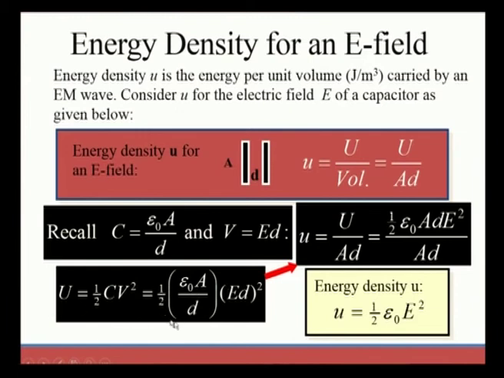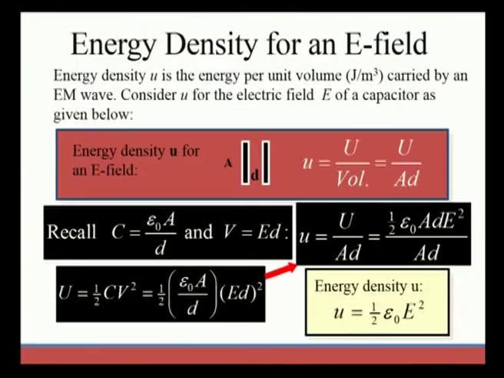So, this value is substituted in the energy per unit volume equation, that is small u. This equation will become like this, and finally, after simplifying the numerator and denominator, we come up with the energy density equation, that is u is equal to 1 by 2 epsilon naught E square. We already used this in the Poynting vector, that is W_E for an electric field, which can also be represented as u.